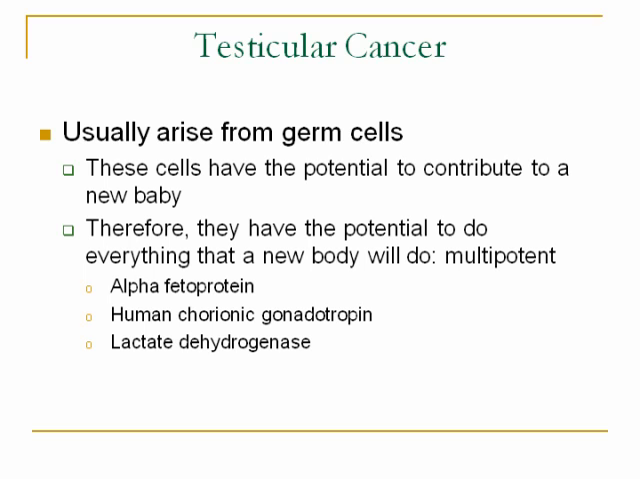Testicular cancer usually arises from germ cells, and think about what germ cells are. Germ cells have the potential to contribute to a new baby. So these testicular cancer germ cells have the potential to do everything that a new body would do. They're multipotent. And when I say that, I mean that they have the potential to secrete certain substances that you would think